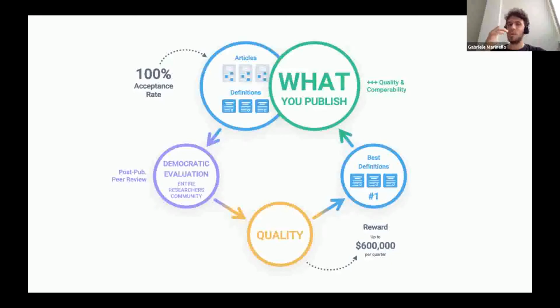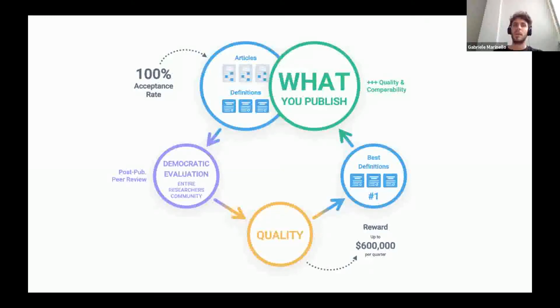There already is a viable example in academic publishing of this process. It is not completely like Qeios, but it shares the concept of open post-publication peer review, which is F1000 Research. I'm not sure if you know it, but what we are doing differently from F1000 Research is that we are not asking for a limited amount of reviews. Any researcher can contribute.